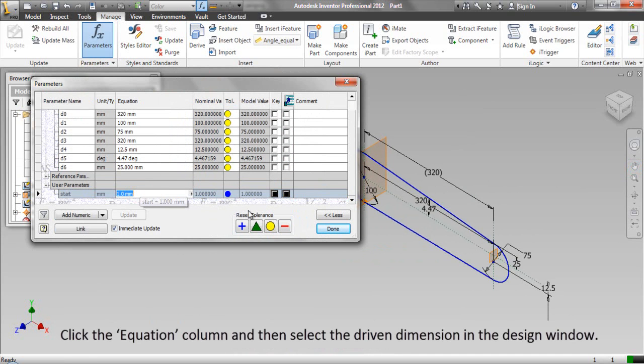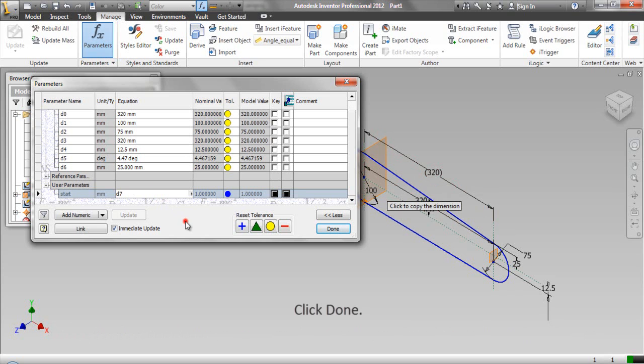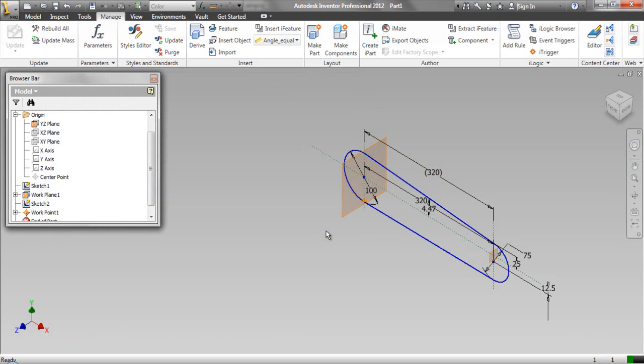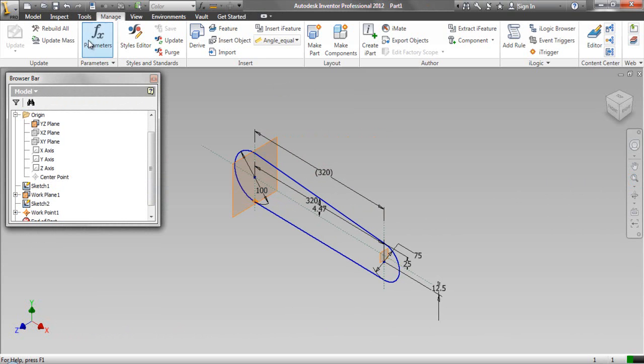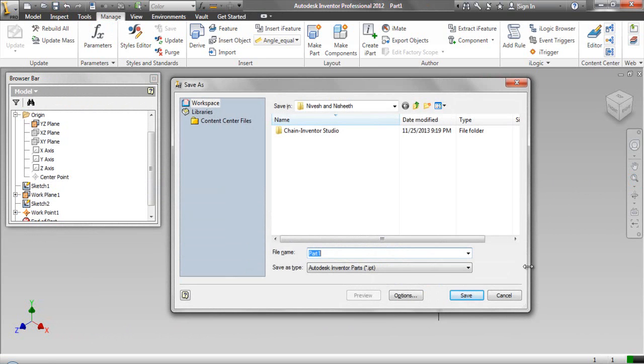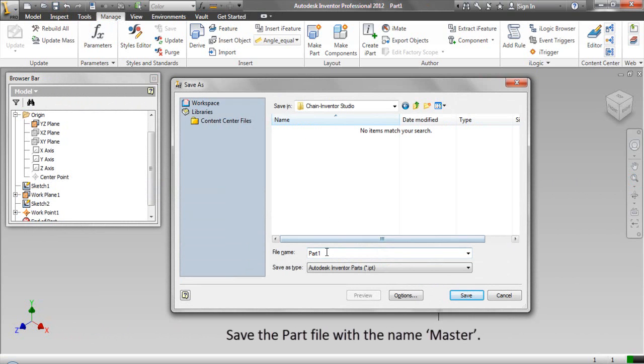Click the equation column and then select the driven dimension in the design window. Click Done. Save the part file with the name master.